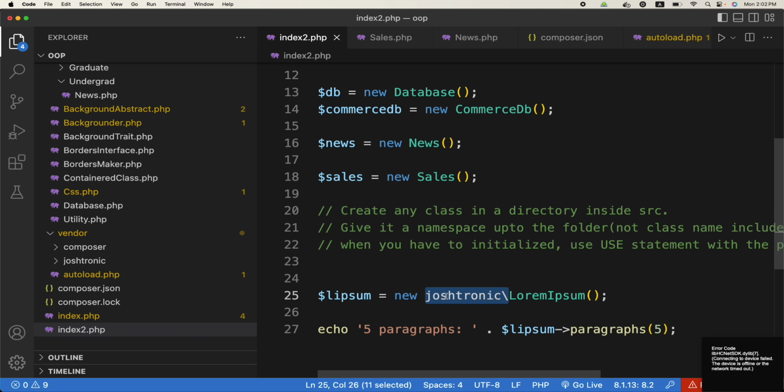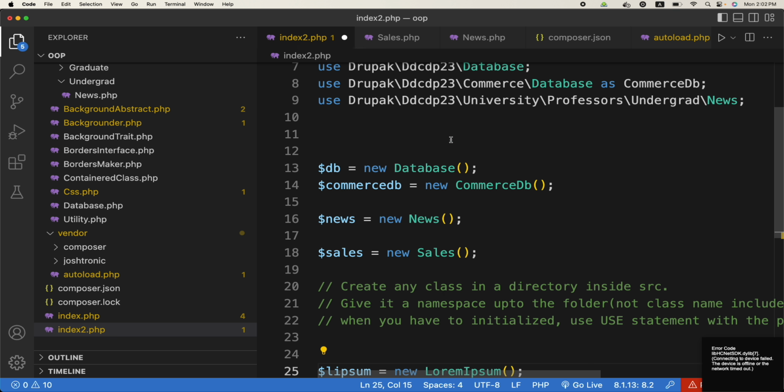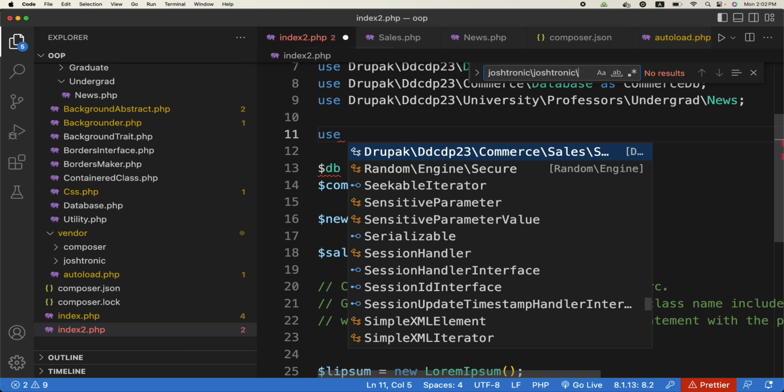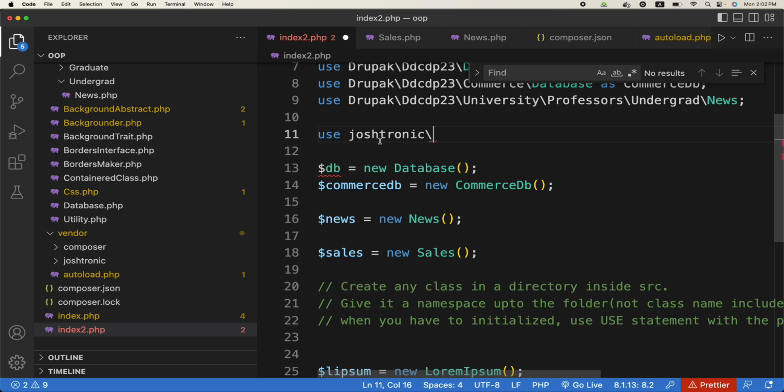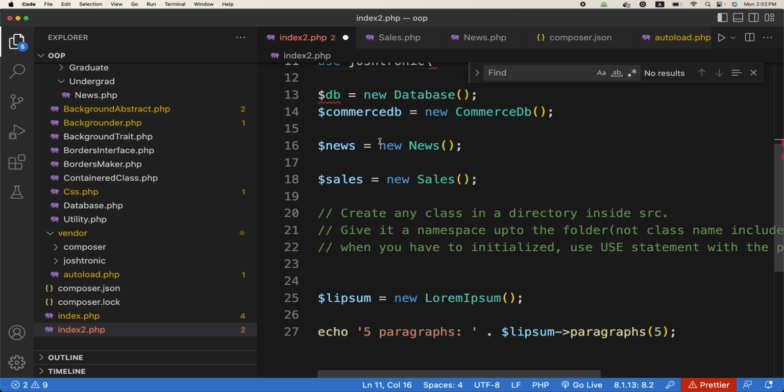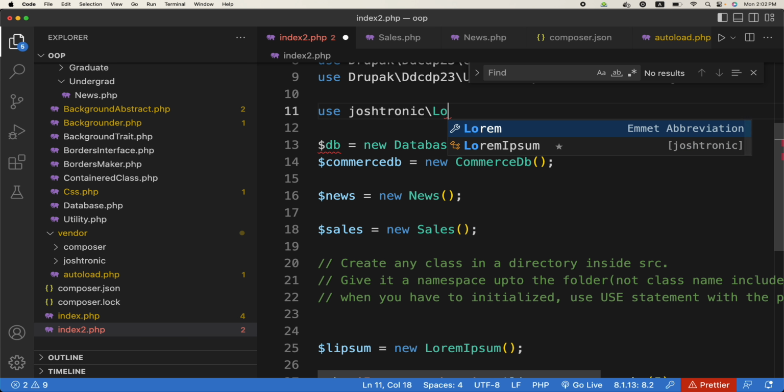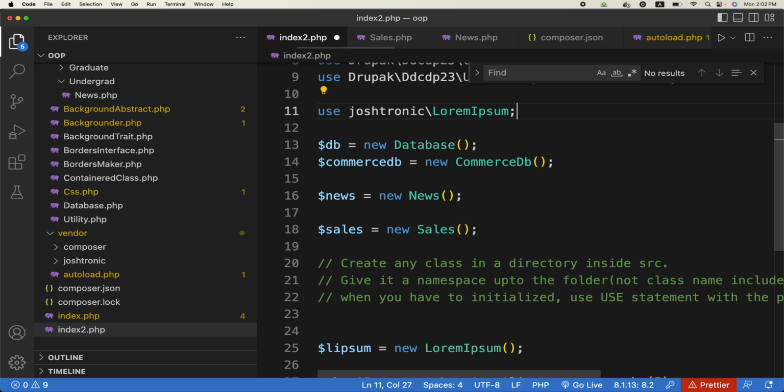But here, what we can do is, if I just remove this and use this, /lorem ipsum. Like this. So now I don't need to have the